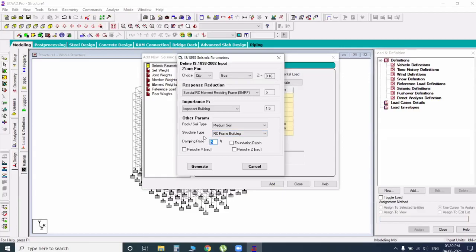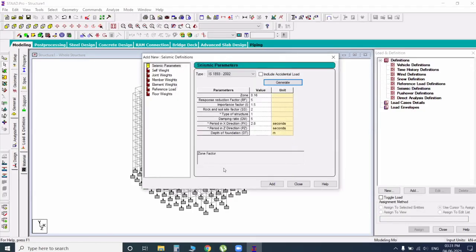For steel, 2%, 0.02. And foundation depth, how much do I consider? 2.8, and yesterday 2. And if it is in a seismic zone, how many seconds does the earth vibrate? In that time, here you can enter. Otherwise, click on generate. Now click on add.